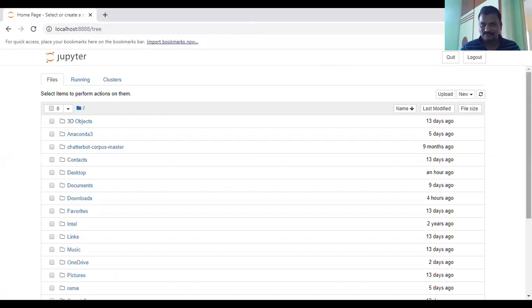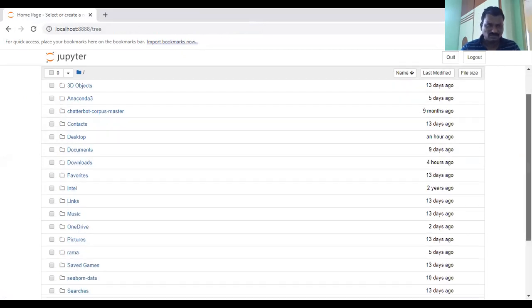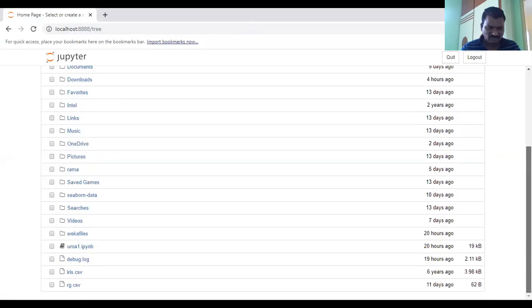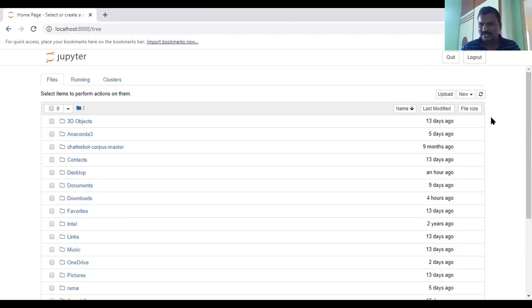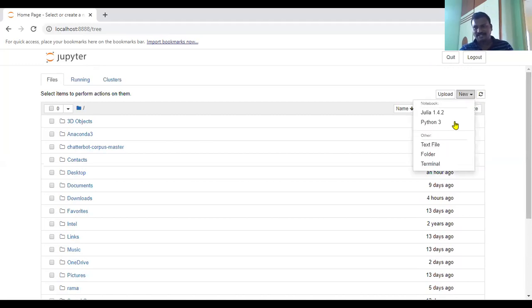Here you have different folders and different files. In this location, you have the Anaconda 3 files. It shows all the files here. If you want to create one folder, create one folder here.